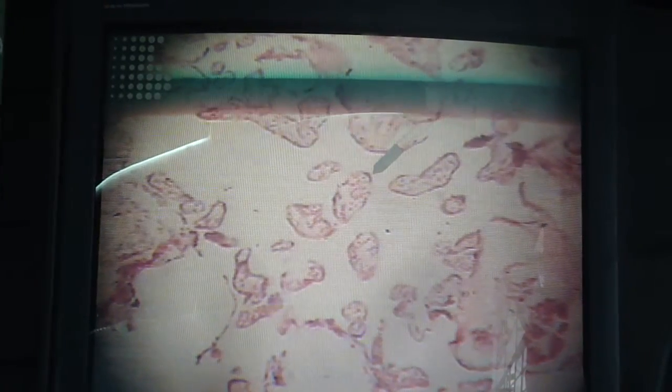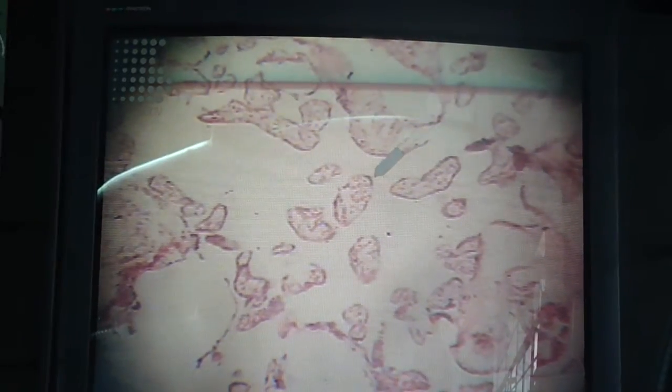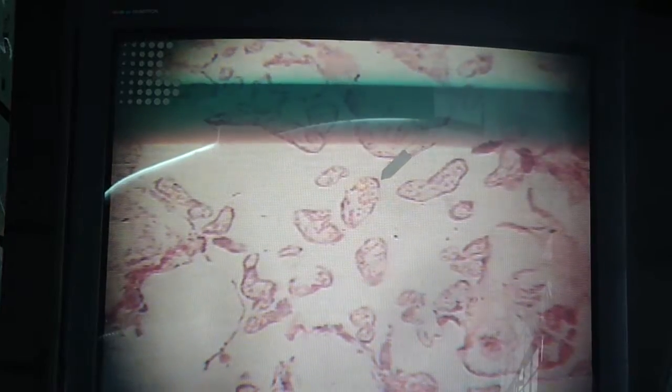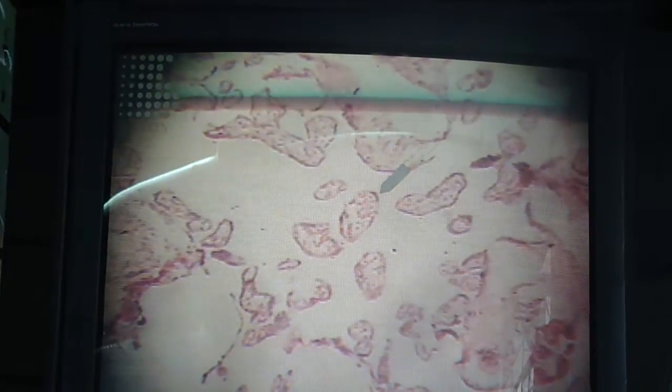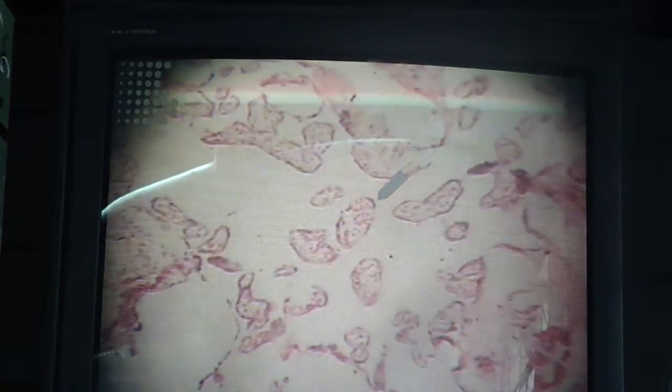So we'll zoom in only on the syncytial trophoblast, responsible for the secretion of your human chorionic gonadotropin, the hormone that is being determined in a positive pregnancy test. During our time, we used to use the FRAG test. Now, it's very available. You just buy a kit. If it says positive, then you either jump with joy or jump out of the window, depending on the condition.